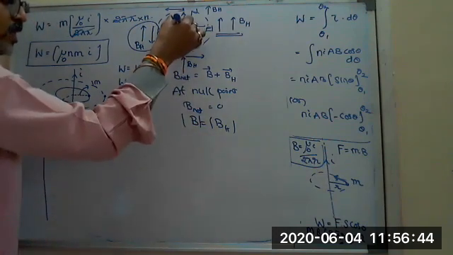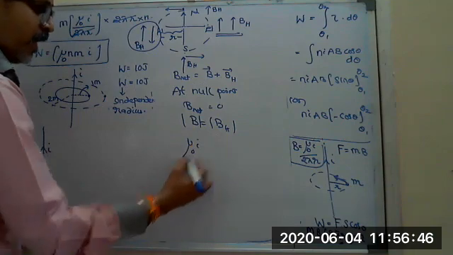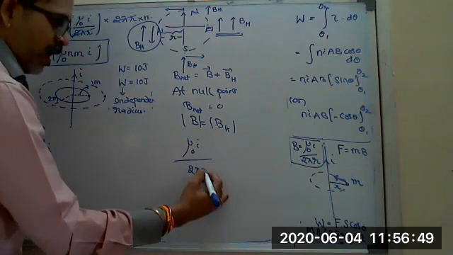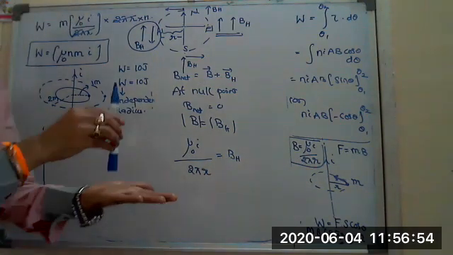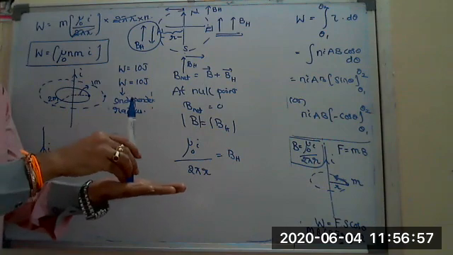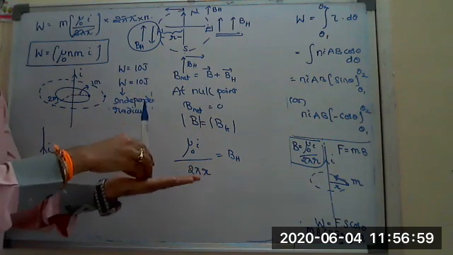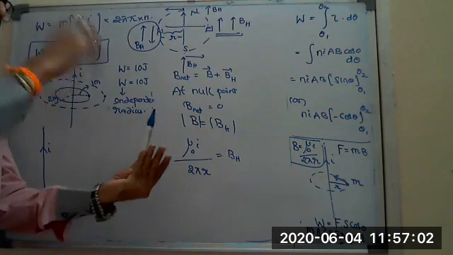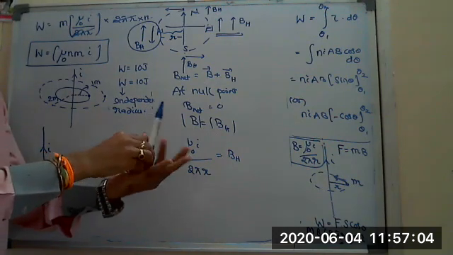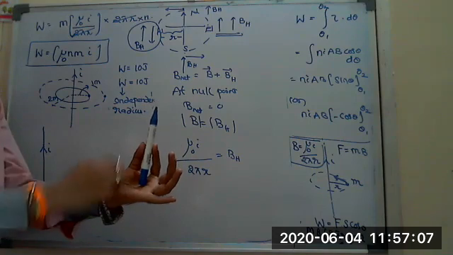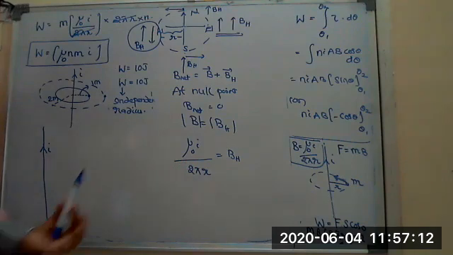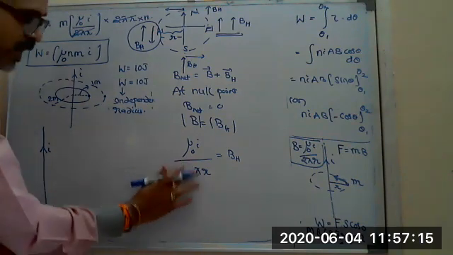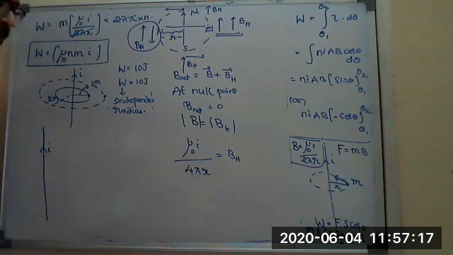Whereas B due to an infinite straight conductor, you can write as mu naught I by 2 pi R, equals BH. But take care while solving the problem. Suppose it says one end is on the surface of Earth and the other end is extended to infinity. Then one end is finite and the other end is infinite, so this is not the formula. If one end is finite, then we have to write mu naught I by 4 pi R. So depending upon the question, you have to change it.